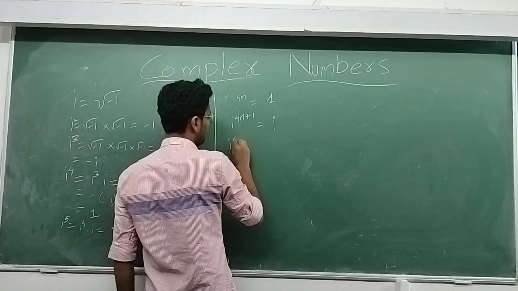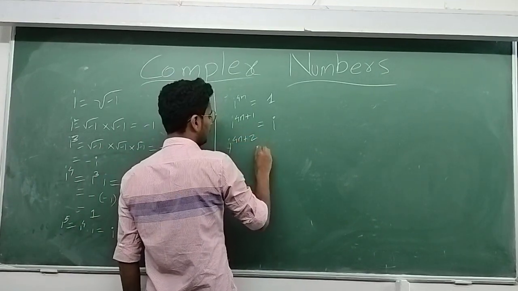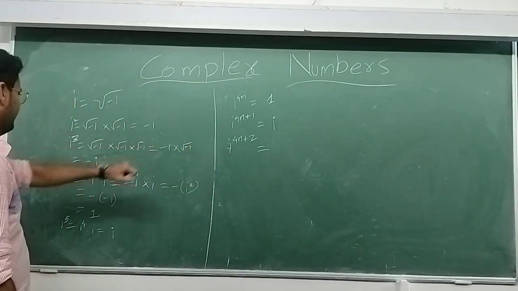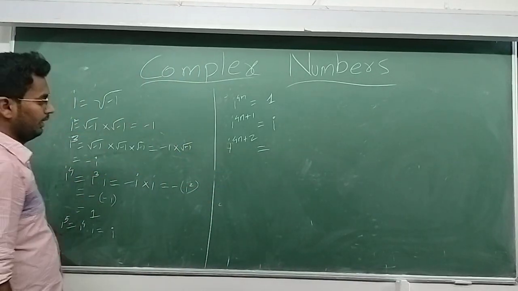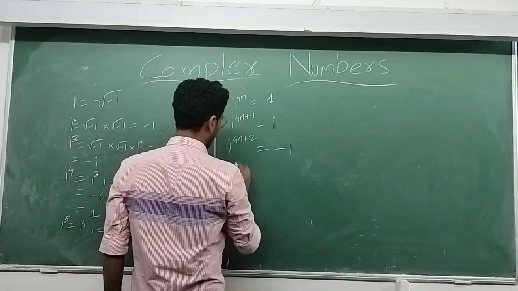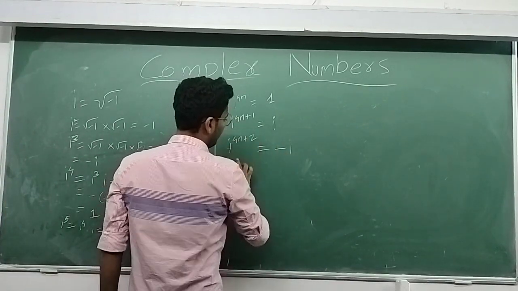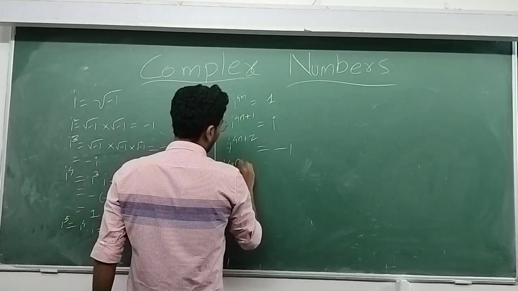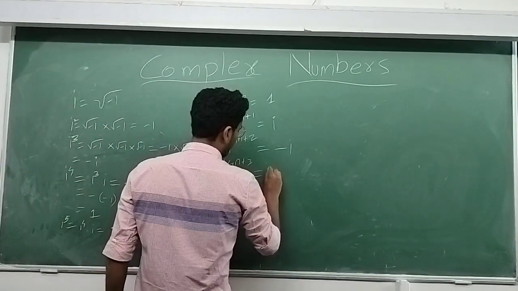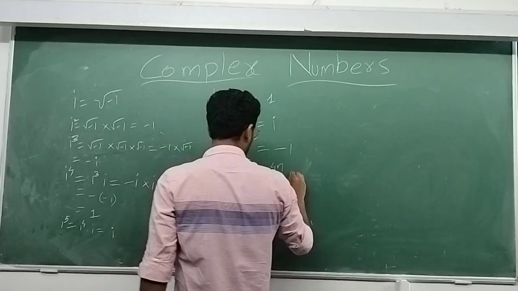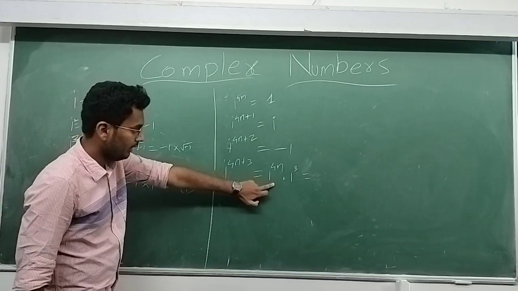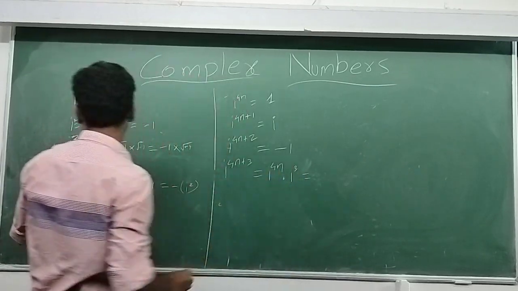Now i raised to 4n plus 2 is equal to, what is the value of i square? Same as i square. i square is minus 1. 4n is 1, same i square. Therefore, i raised to 4n plus 3 is equal to i raised to 4n into i cube, which is equal to i raised to 4n is 1, i cube is equal to